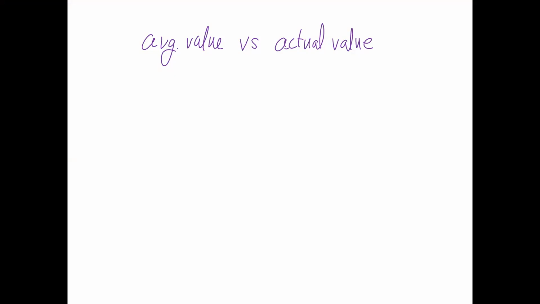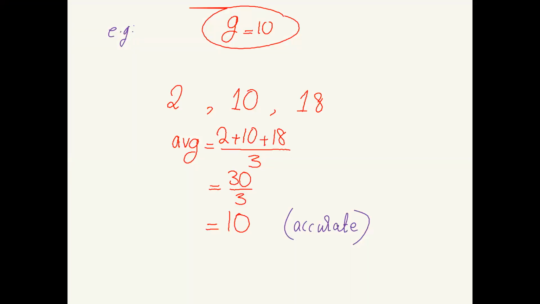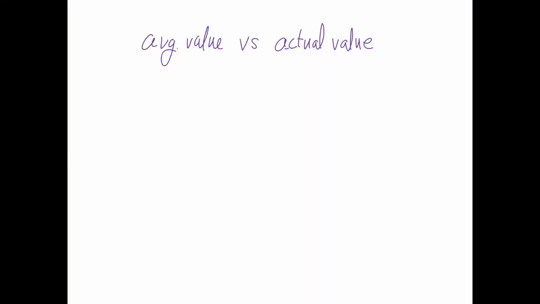Average value versus actual value. This is a game of accuracy. So for example, g is equal to 10. The values are visibly never precise. They are too far away. But if you take out the average, it is coming 10. It means it is accurate. So look at this point: average value is always compared with the actual value. So if you copy this,